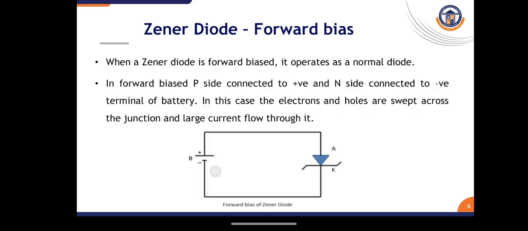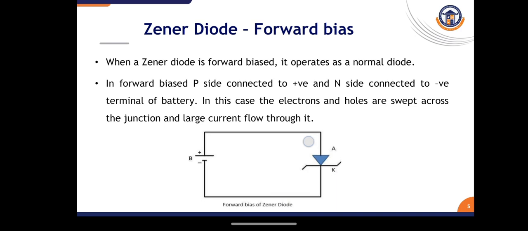In forward bias, we connect the positive terminal of the battery to the diode anode terminal and the negative to the cathode. If positive is connected to the anode and negative to the cathode terminal, then we can say that the diode is in forward bias condition. In forward bias, the electrons and holes are swept across the junction